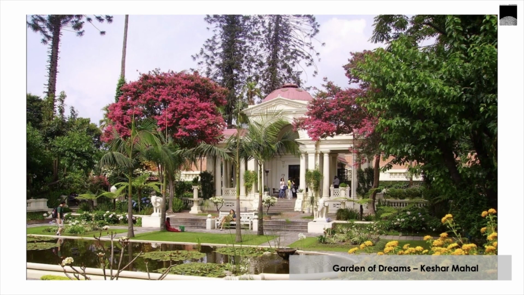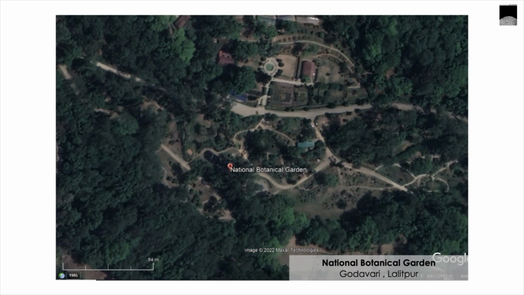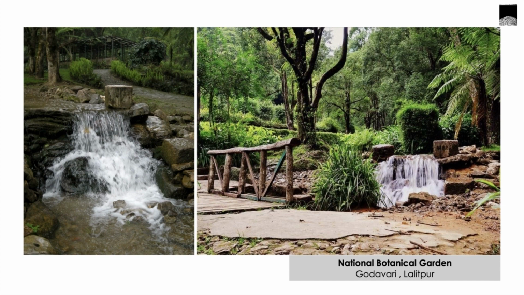During the Rana regime, many Western style palaces were designed and built, along with neoclassical style formal gardens. Inspired by French gardens, Keshar Mahal or Garden of Dreams is one of its examples. Exposure and Western influences had shaped the way architecture was perceived in main cities of the country. Many large scale institutions, government buildings, and public spaces were developed. Some examples are Godavari Botanical Garden and the Central Zoo that were established in the 1960s.